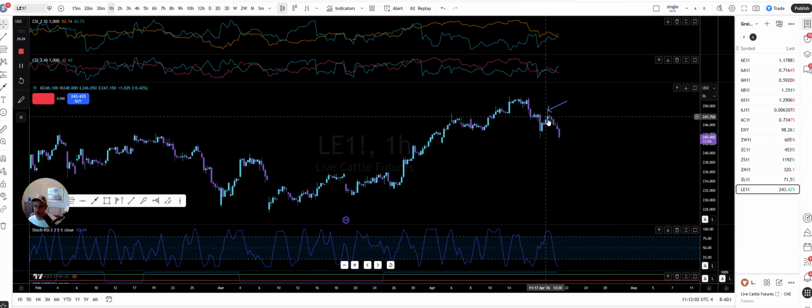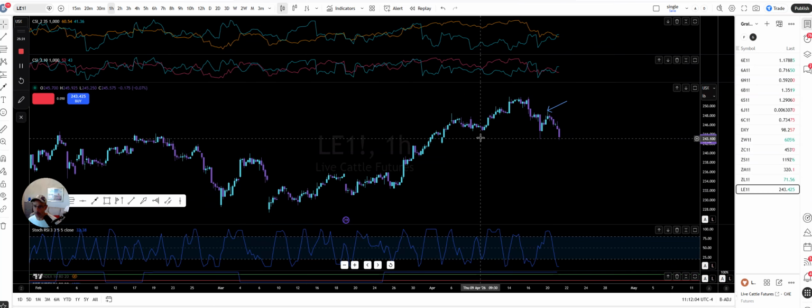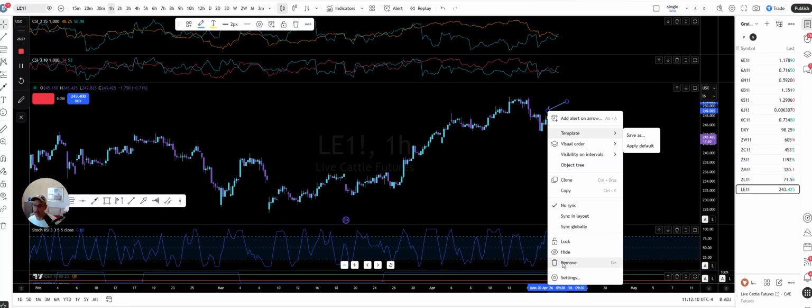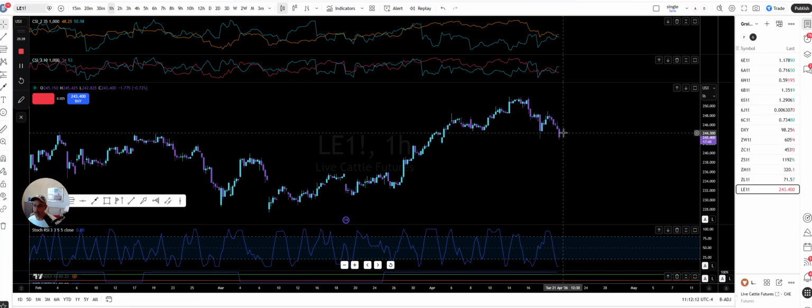I had an alert there in case this was just a pullback. We're going to go back up since we were trending up, but clearly that didn't happen. So we're down. So basically, what am I looking for now? A pullback. If this little downtrend is going to continue, as long as we're making structure to the downside, which